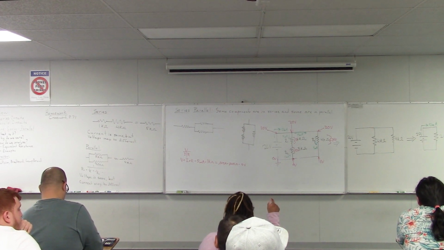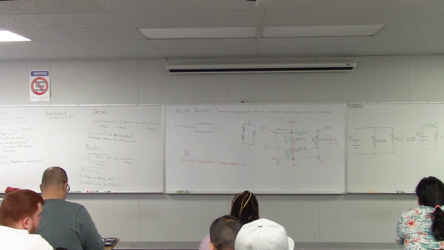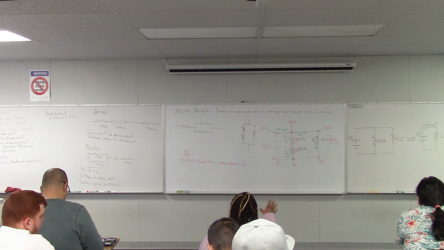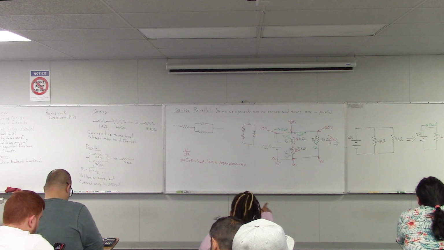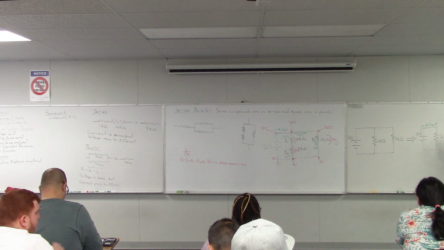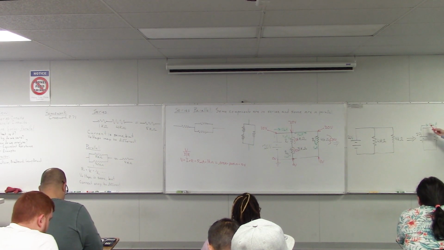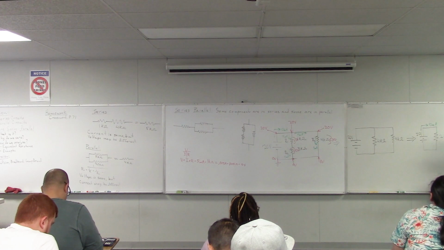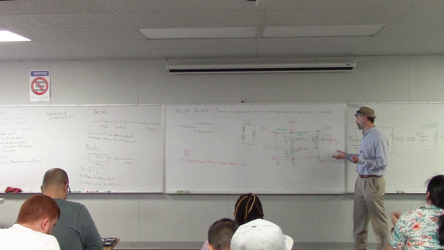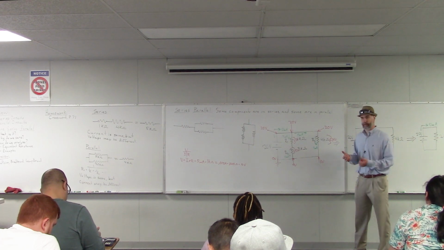Yeah. When we're approaching these problems, do you have any tips on what's the best next thing to do? Because that's my problem. I try to figure out what to do next. Right. Well, basically, the first thing I would do is find the equivalent resistance, and then from that you can find the total current, and then after that you just have to look and see what information you have and try to find